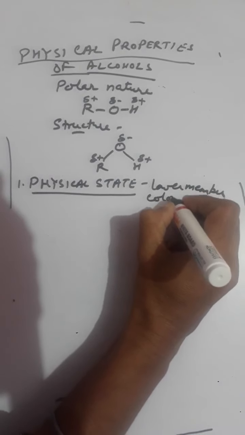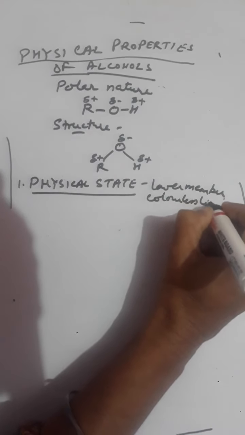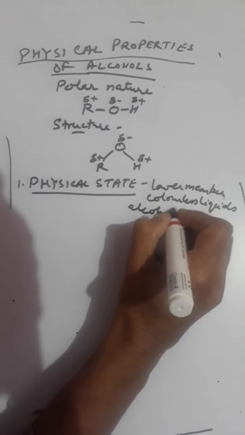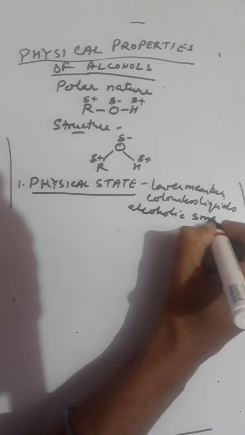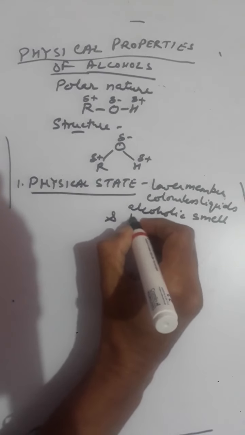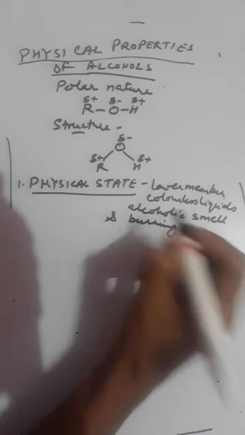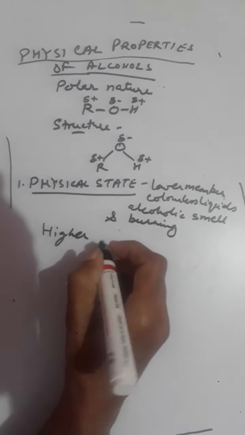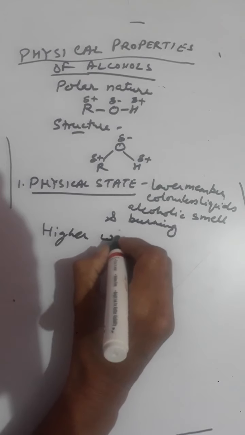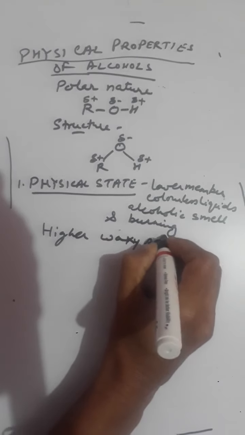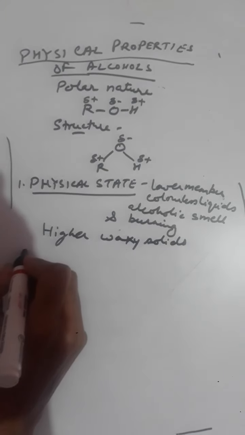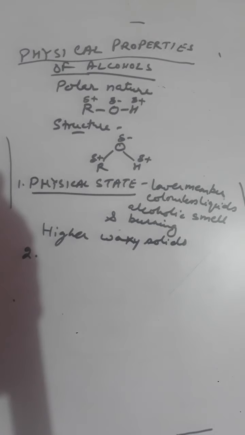Lower members are colorless liquids with alcoholic smell and the burning taste, while the higher members are waxy solids, colorless waxy solids. And second physical property which we will discuss is the